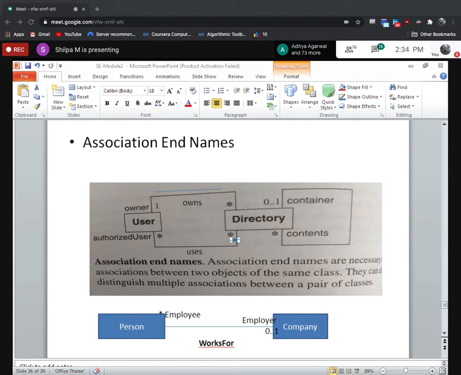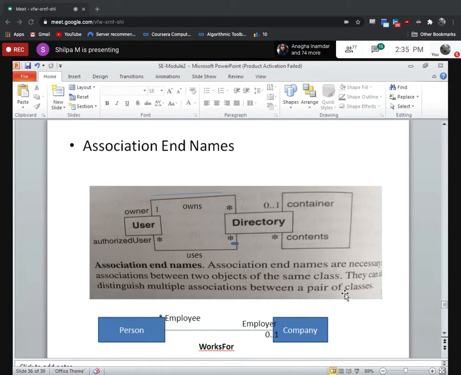The only thing you have to know is the association can have end names because they may be related in more than one way. Here, it is always only one type. In the second example that I typed, it is only one thing, employee and employer. But in the snapshot above that I copy and pasted, there are two kinds of relationship. That's why the end name or the user there matters. It's not mandatory, but sometimes it might be required. You can go through that, and if you have any doubts, you can ask. I'll give you 2 minutes for that.